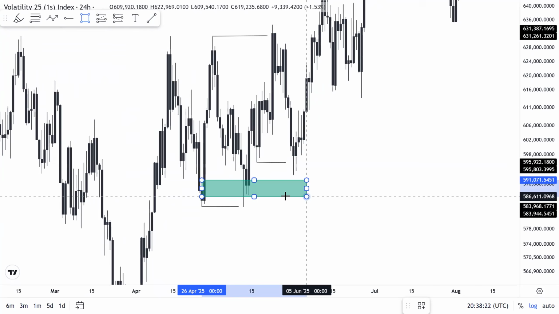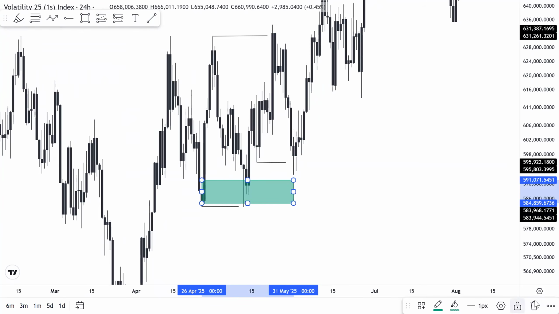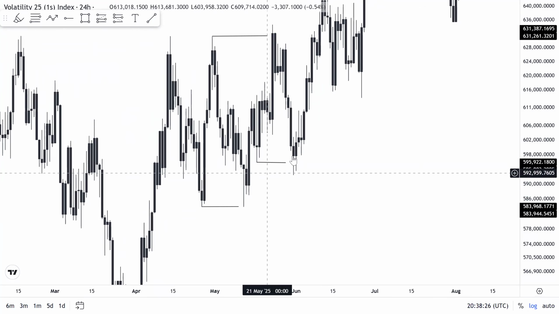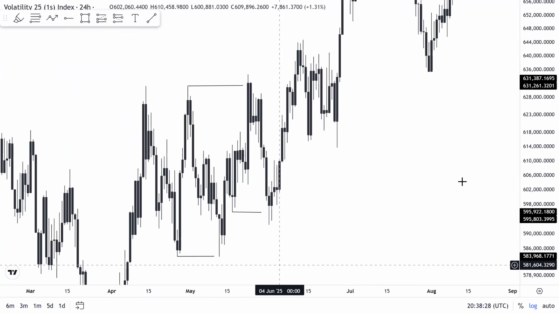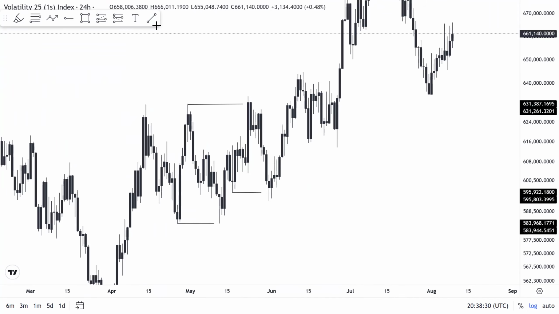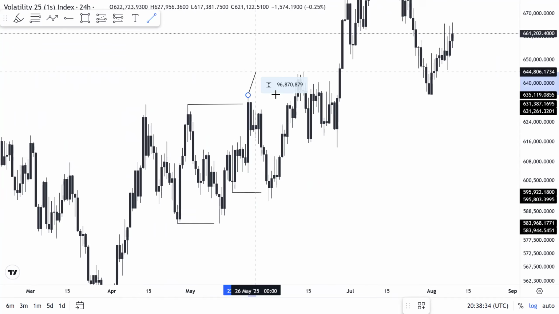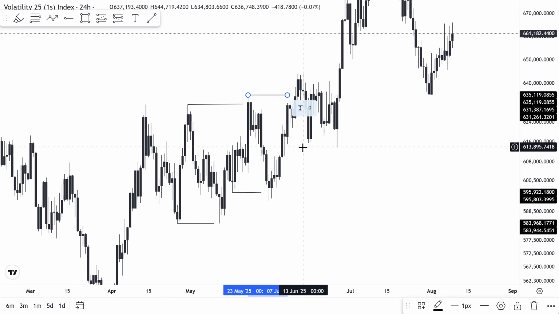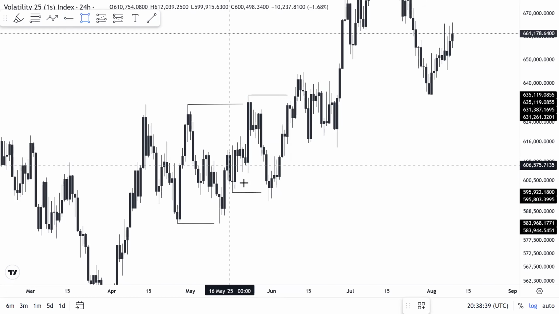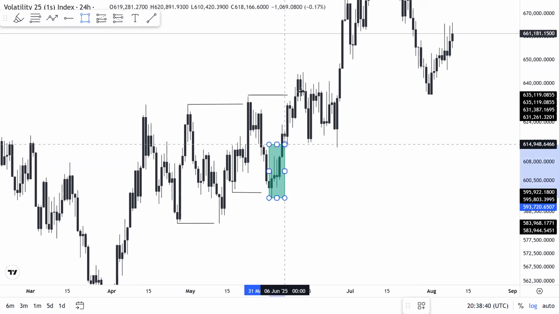Remember what I said, if you actually watch all the session: if price takes out your structural liquidity, it can just start moving. So now you can see that price was just buying from here, meaning this was our direction. Now on the lower time frame, to get your A plus entries, you can go down to your 5 minutes, 10 minutes, or 15 minutes to trade what's in the direction of this market.